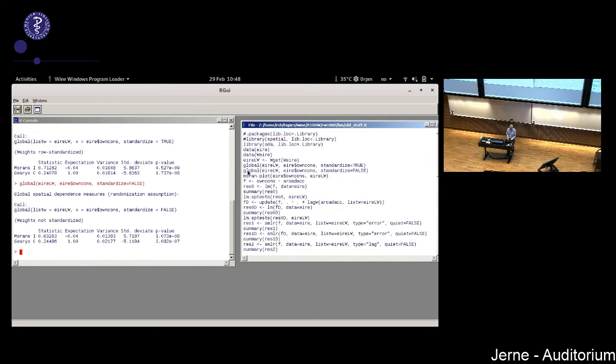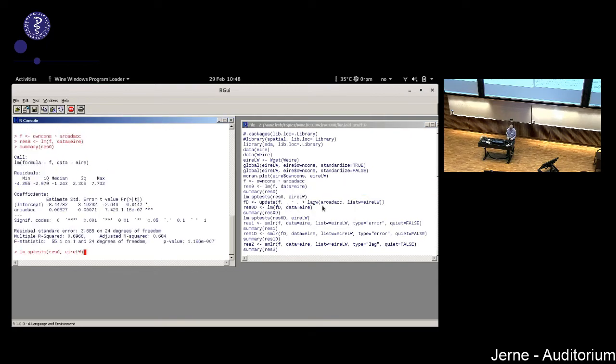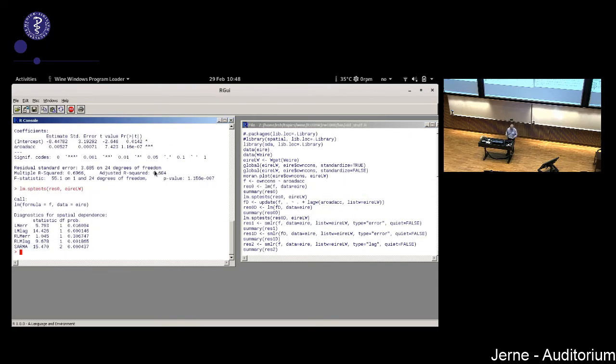Controlling figures gets harder. So we fitted the regression model.